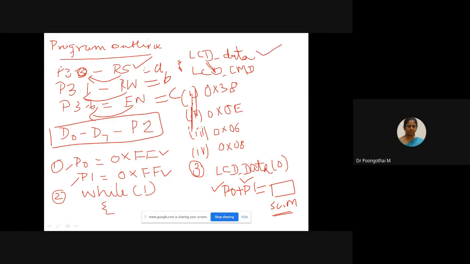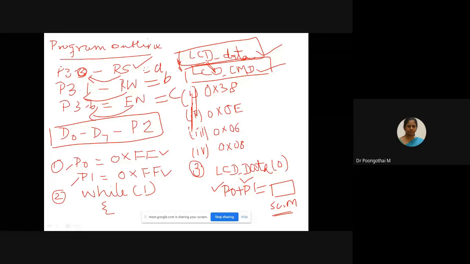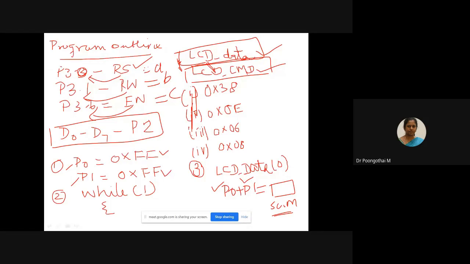One is the data function, the other one is the command function. The data function will accept the data to be displayed on LCD, and the command function will accept the command words supplied by the microcontroller.